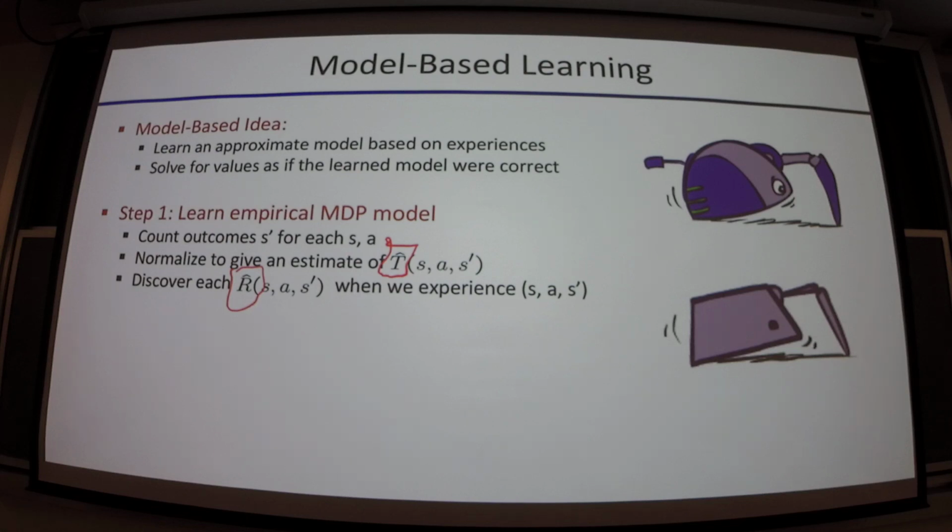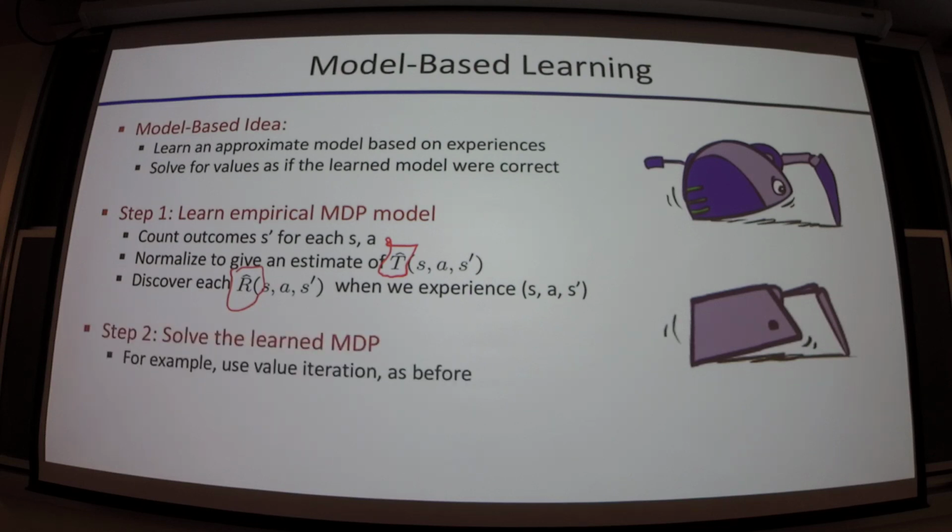Right? So we explore the space, we do some things, we keep track of what happened. We use this to build up an estimation of an explicit MDP. We are keeping track of the transition probabilities. We are keeping track of the reward functions. We are building the model. That's the model in this model-based learning, in this instance of model-based learning. There's other kinds of model-based learning. That's what I'm talking about.